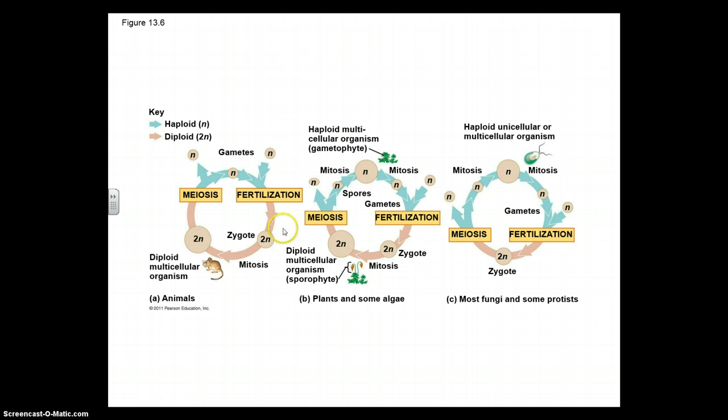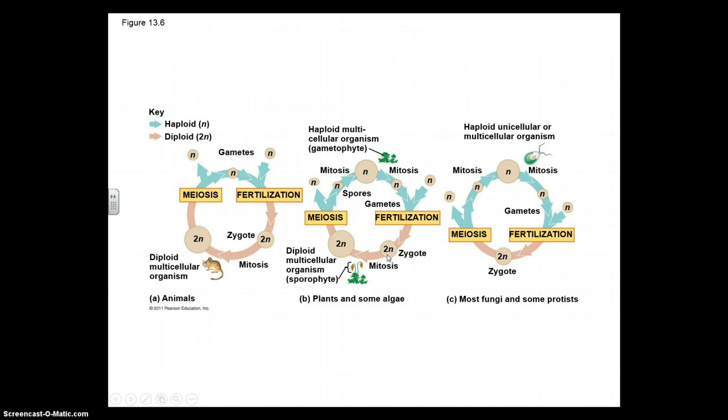In plants and some types of algae, you'll have a diploid multicellular organism called a sporophyte. Then these cells will divide by meiosis, creating a haploid cell. And then the haploid cell will continue to divide by mitosis, which is a different part of its life cycle. And it will continue to form haploid cells until at some point fertilization occurs and two cells fuse and unite the gametes,